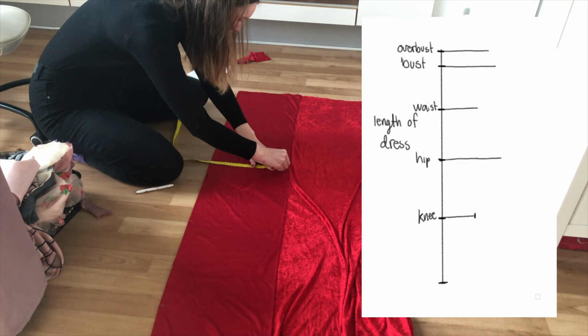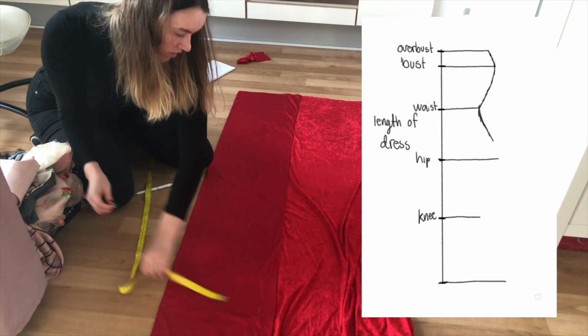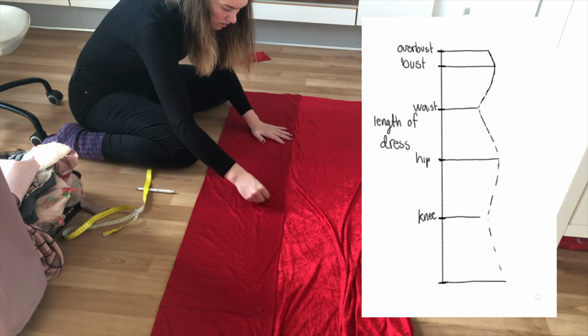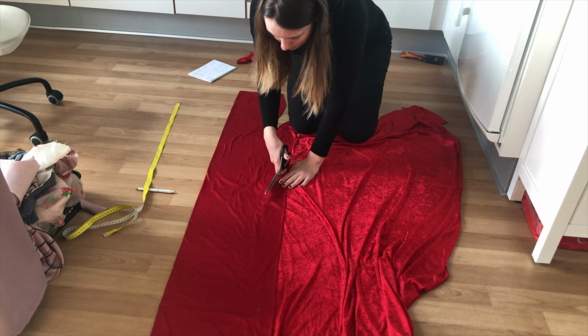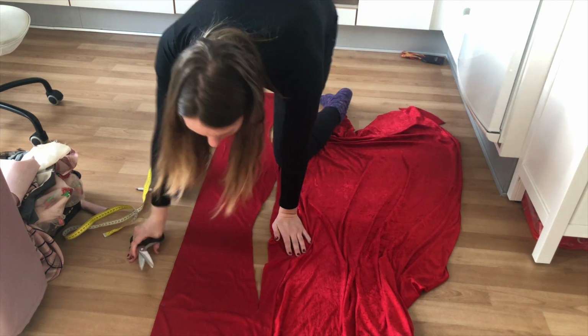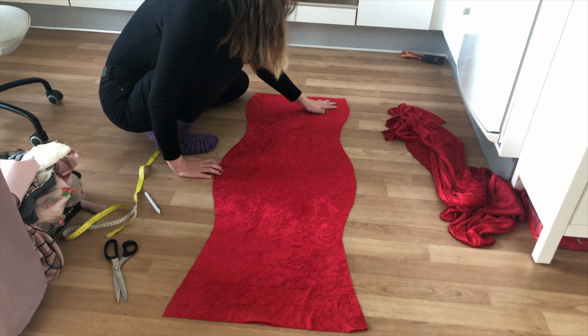As you will see in a second on the pattern illustration, you need to leave a little wiggle room at the knee because otherwise you won't be able to walk in the dress, so just keep that in mind when you're drawing the shape of the dress. Then it's time to cut out the pattern piece, which we can then use to create another identical pattern piece. And these two pieces will be your front and back pieces, and all there's left to do is sew the